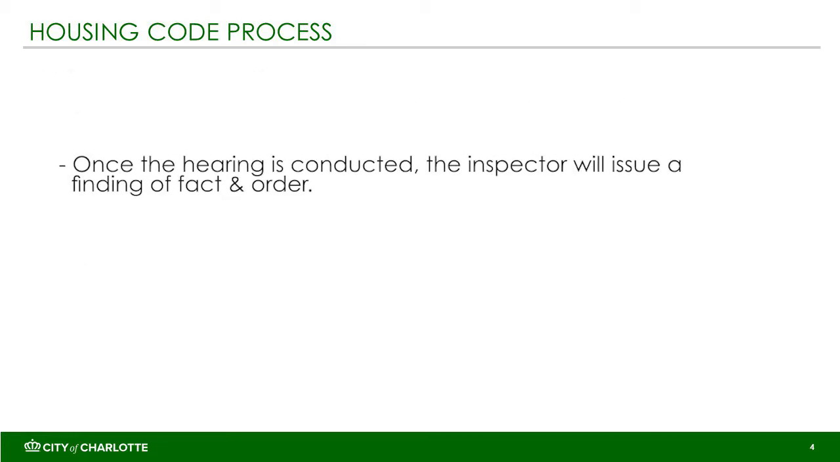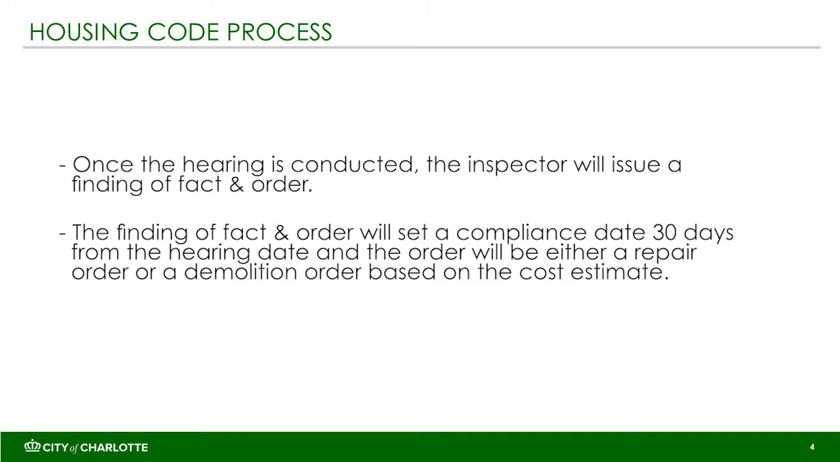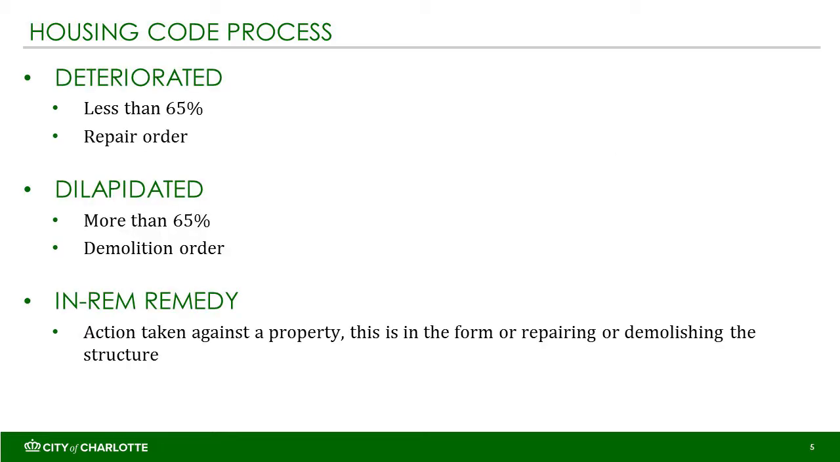Once the hearing is conducted, the inspector will issue a finding of fact and order. The finding of fact and order will set a compliance date 30 days from the hearing date, and the order will be either a repair order or a demolition order based on the cost estimate. If the repairs are less than 65% of the structure's tax value, the structure is considered deteriorated and a repair order is issued. If the repairs exceed 65% of the structure's tax value, the structure is considered dilapidated and a